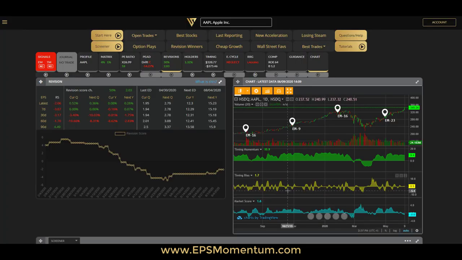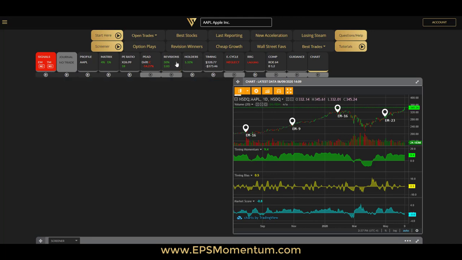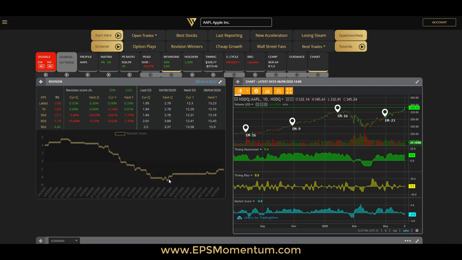So here we are, the revision widget. Very easy, you click on this icon here to enable this widget. What it does is let you see the full picture of earnings per share estimates for the stock. So you have the current quarter, the next quarter, the current year, and the next year, all displayed here